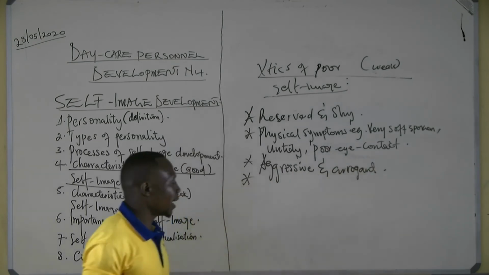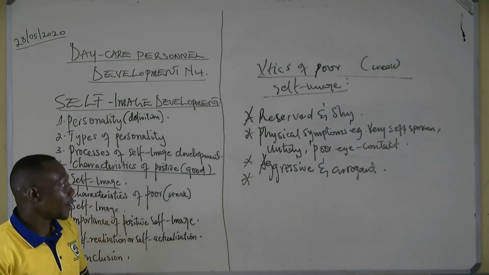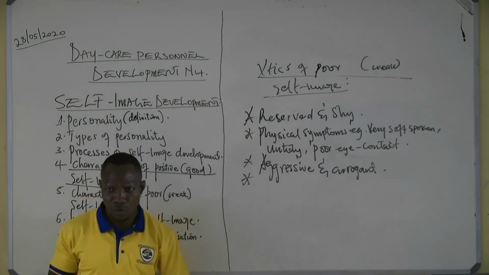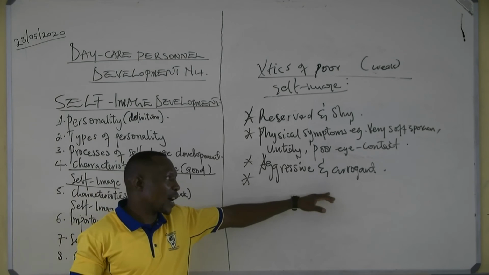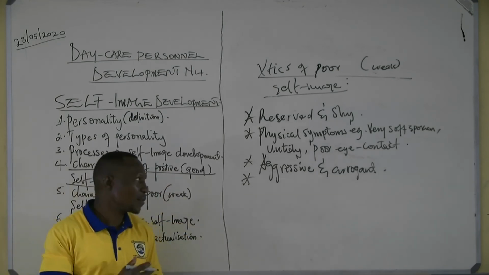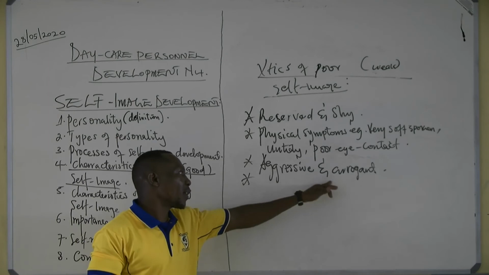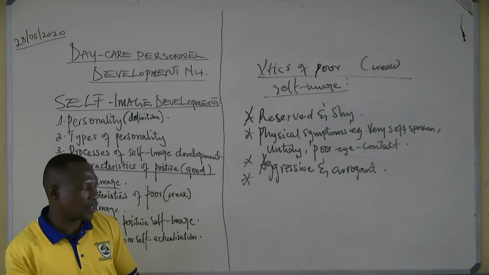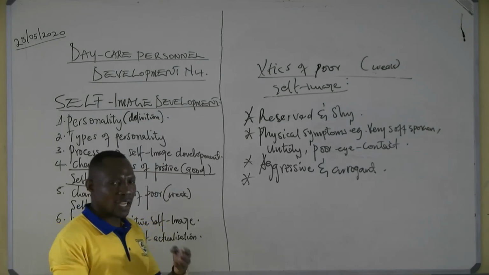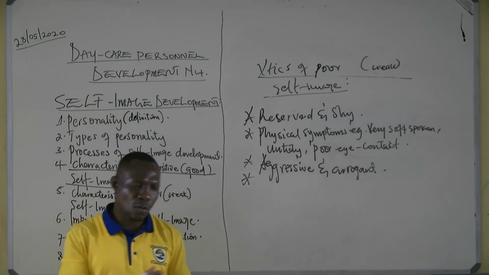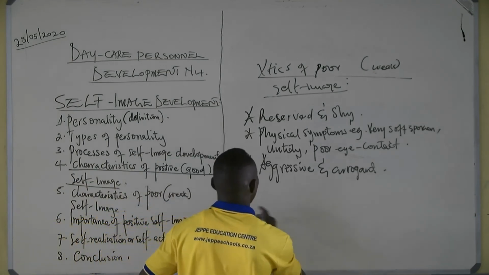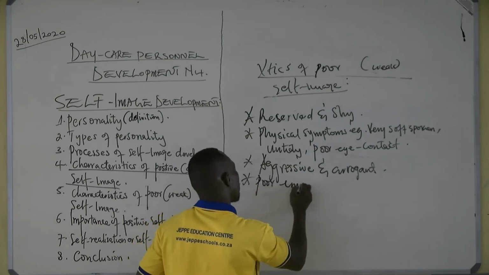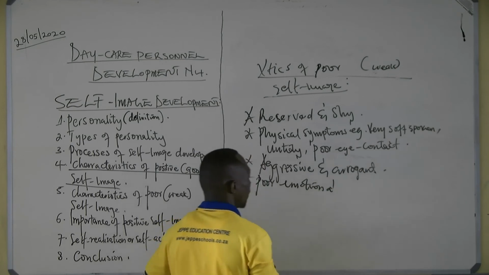Then next, among the characteristics, this person is seen to be aggressive always, and arrogant. Especially every time he or she is communicating to fellow individuals in a particular social group, this person is seen to be aggressive and arrogant. Even during his daily activities, this person is seen to be arrogant and aggressive. Why? Because he or she cannot balance and regulate his emotions. So sometimes he can't differentiate when to do what.